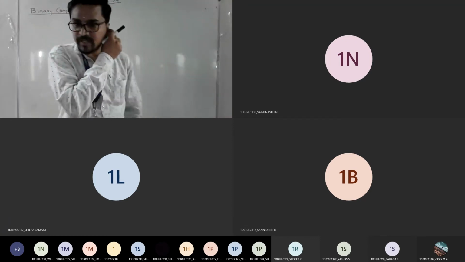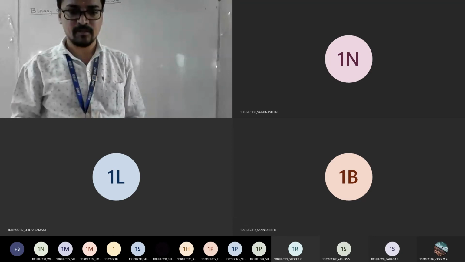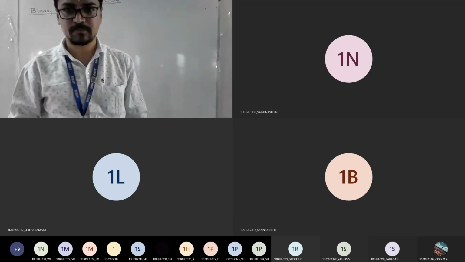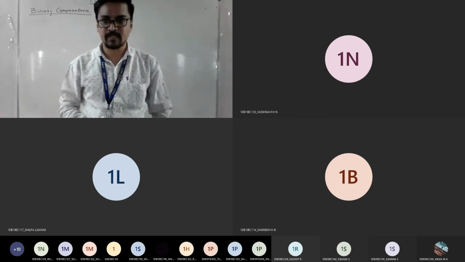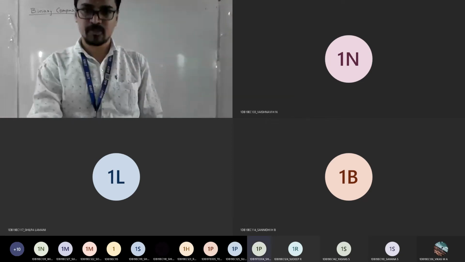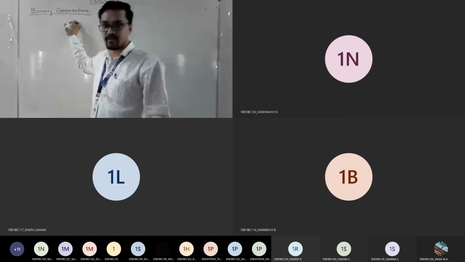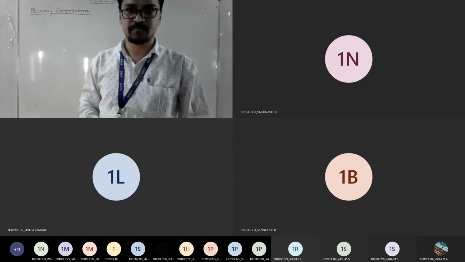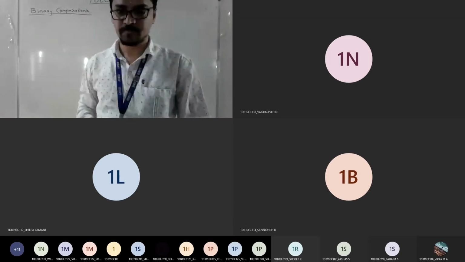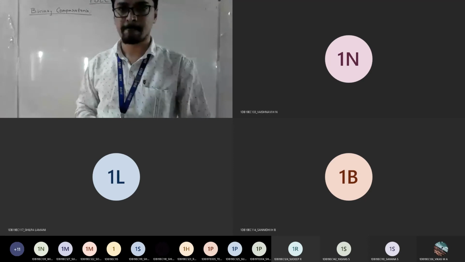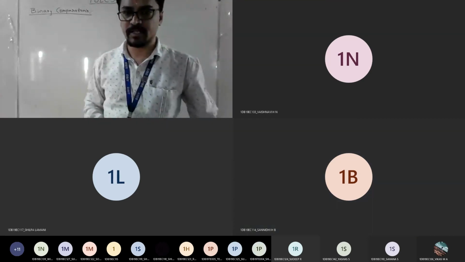So we'll deal with comparators. For that, the word binary has been added. What is the meaning of binary comparator? Binary means what? Two digits, either 0 or 1. Good. So if I say comparator, what is the meaning of the name comparator? The name itself tells the answer. You are comparing your inputs.